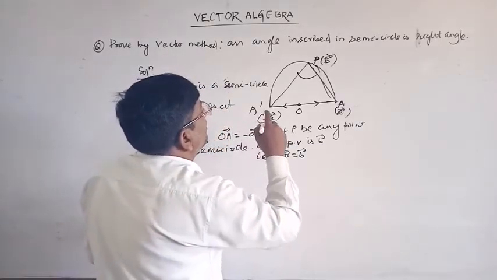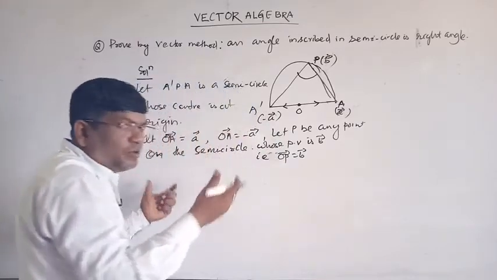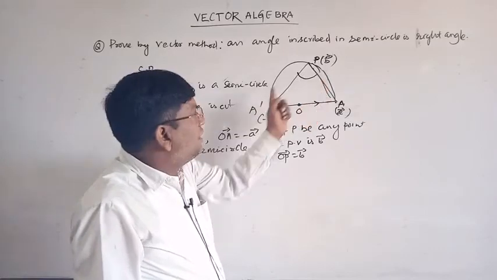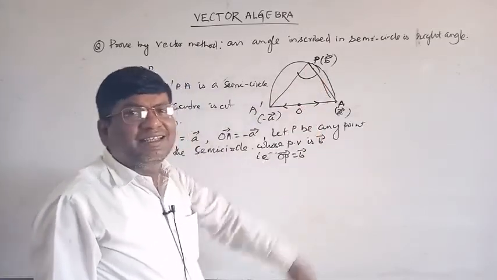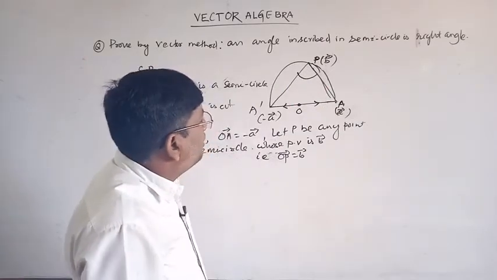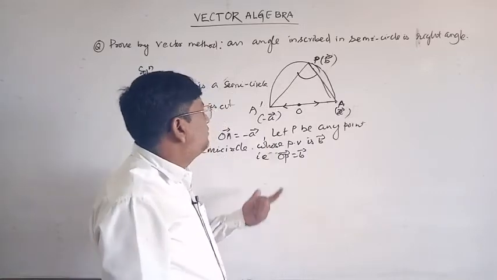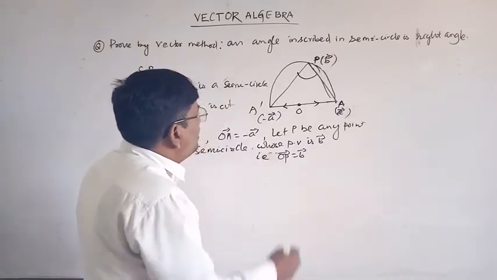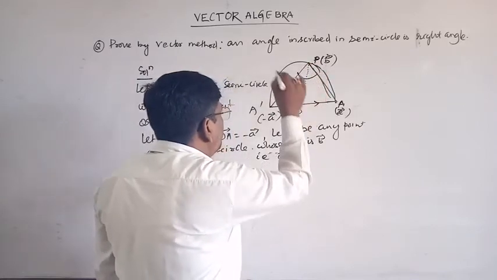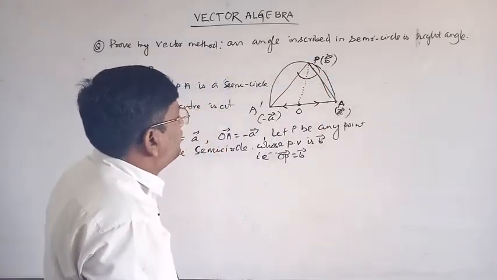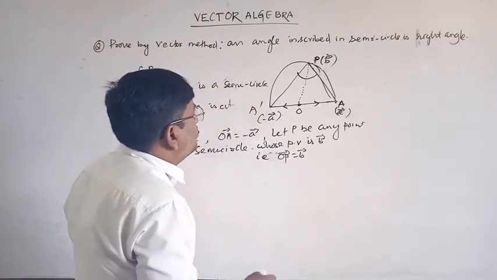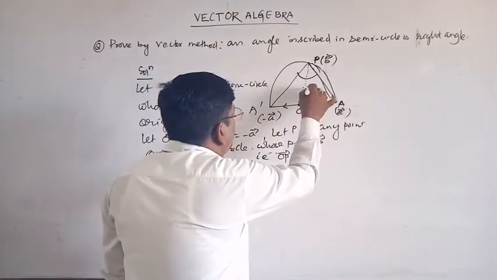This is now our aim: to prove the angle A'PA is 90 degrees. These are the aims to prove. Then join this. This is OP. Now, what is this equal to? B vector. Clearly,